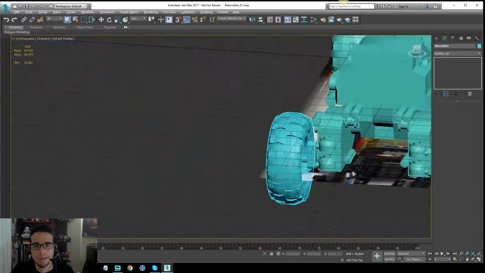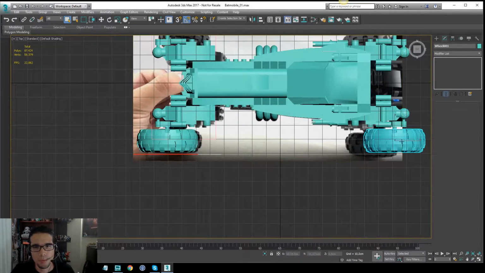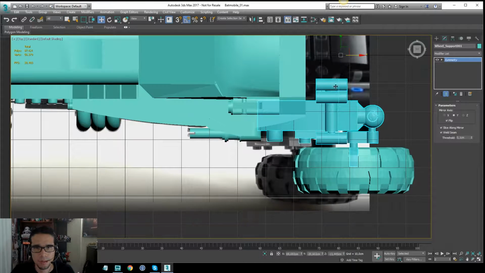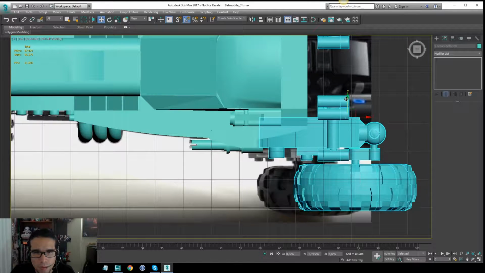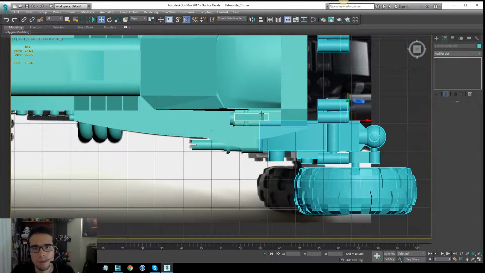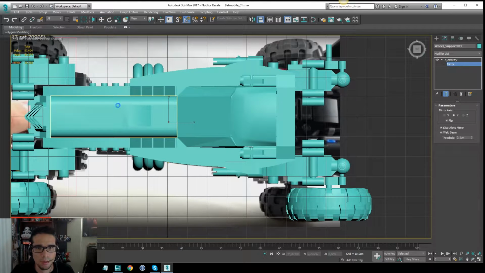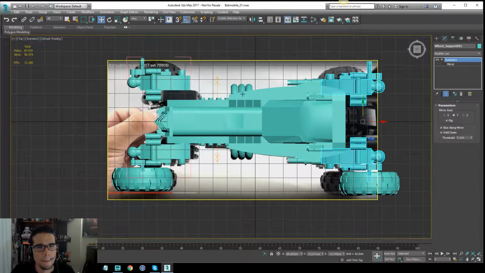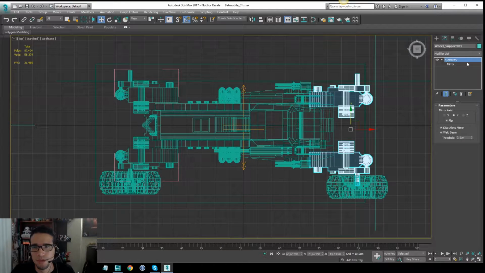So right now I have both wheels. Maybe the rear wheel is a little bit separated, right? Like you can see here, all this system is moved a little bit further apart from the vehicle. I will adjust the symmetry here again to the center, and that's it. Let me see. Oh, this symmetry is